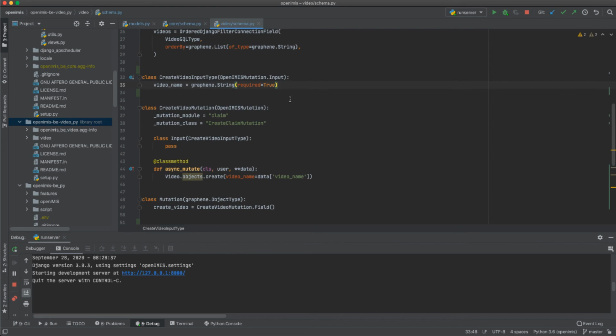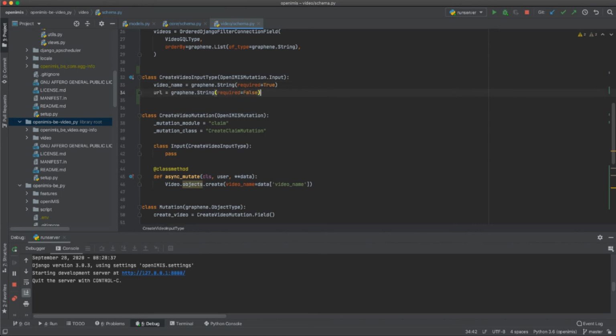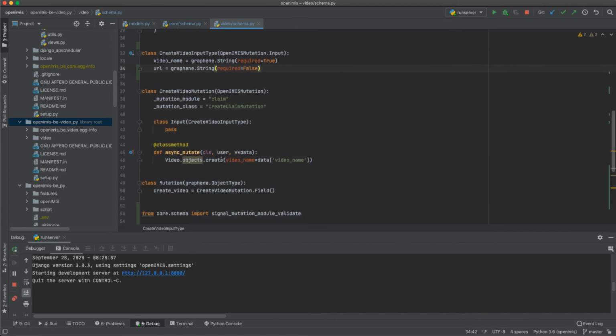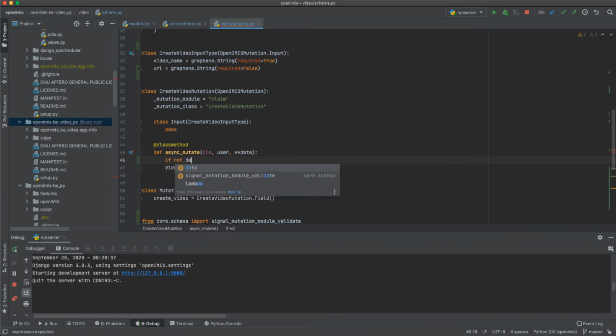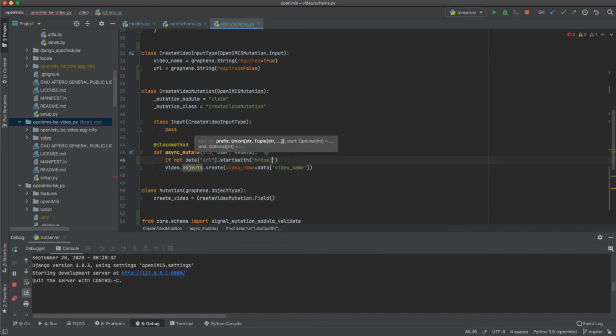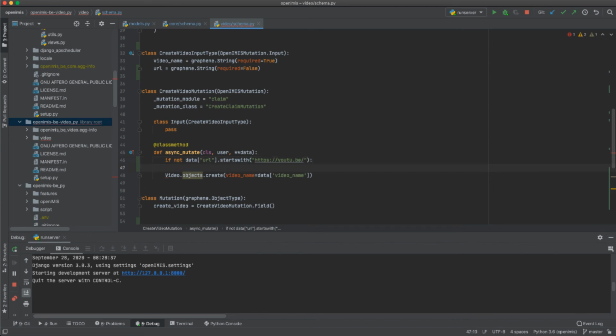To do that, we are going to modify here our mutation. The mutation currently only takes the video name parameter, so we're going to add the URL, required being false. And in the mutation, I'm going to say that if the data URL doesn't start with https://youtube, then we are going to say that this is not correct. So you should not throw an exception, or if you do, it will be caught and handled accordingly, but